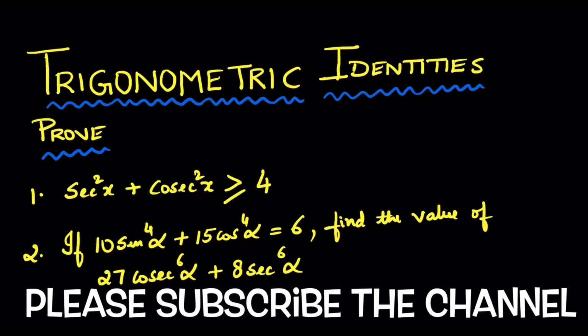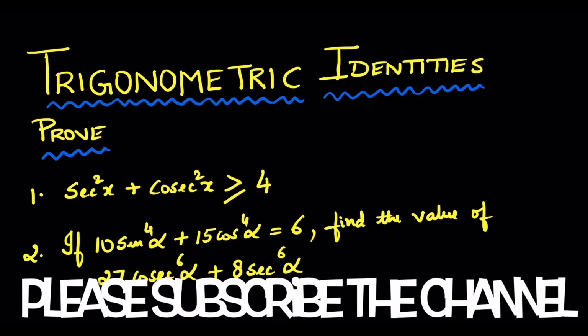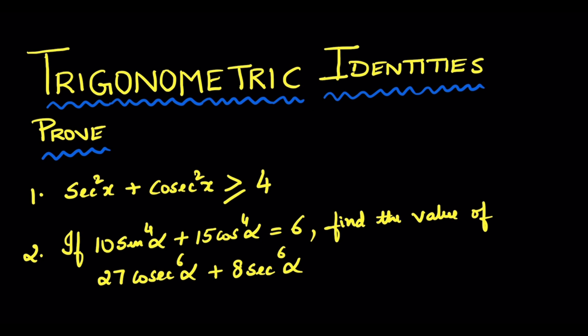In this video, let us continue to solve trigonometric identities. Here we have to prove two of the trigonometric identities, which is secant square x plus cosecant square x is always greater than or equal to 4. And the second one is if 10 times sine to the power of 4 alpha plus 15 cos to the power of 4 alpha is equal to 6, then we have to prove the second equation, which is 27 cosecant